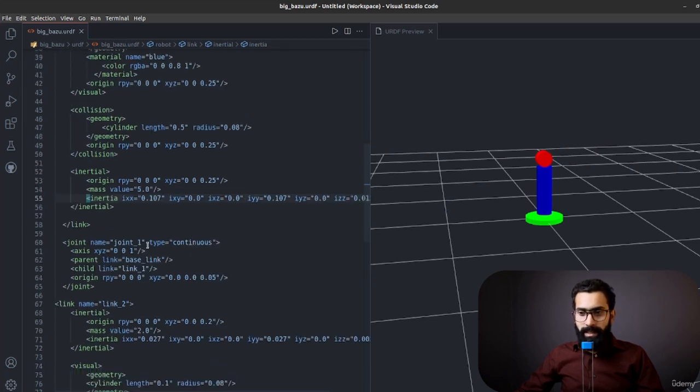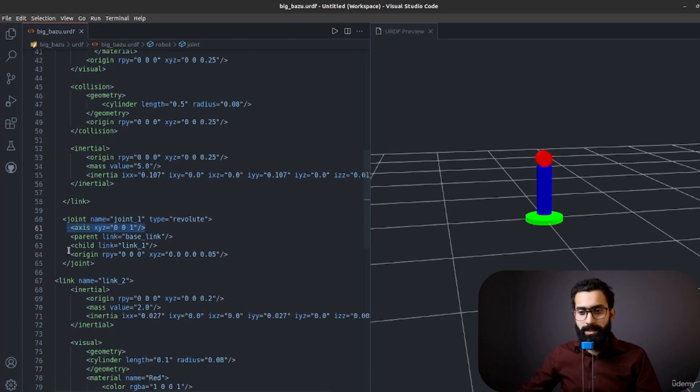Then there is a joint. It is a continuous joint. I would set it to be revolute because revolute is more appropriate for such types of robots, as we need specified positions for the joints. We don't want it to be continuously rotating. Axis is what we will explore when we discuss RViz and joint state publishers. Parent is base link, the important point. Child is link number 1, and there is an